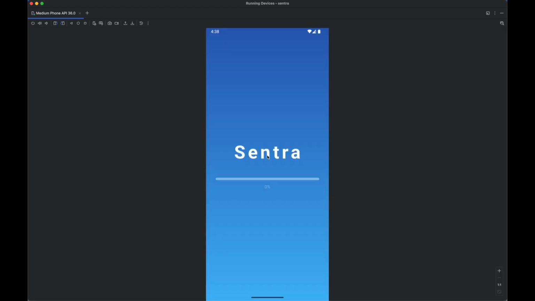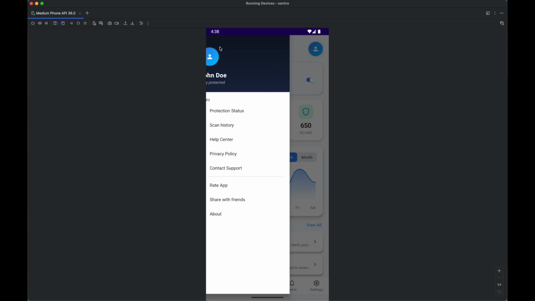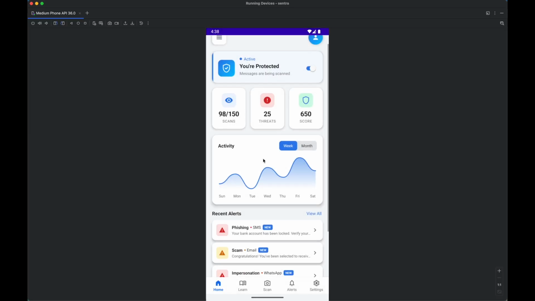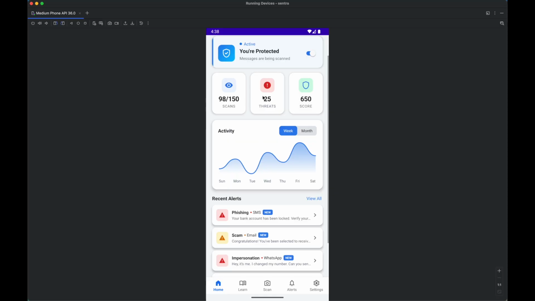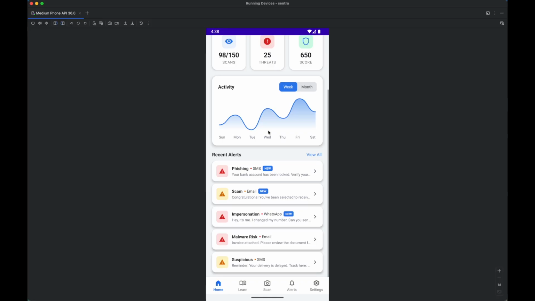After logging in, it will show us the splash screen that only shows the logo and this progress bar. And then here is our dashboard. At the bottom, we have the navigation menu, and we also have this sidebar menu. On the dashboard, we will basically see all of these statistics. These are basically all of the alerts that our mobile application